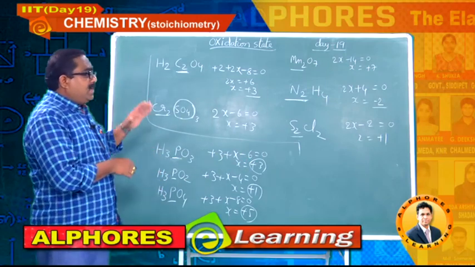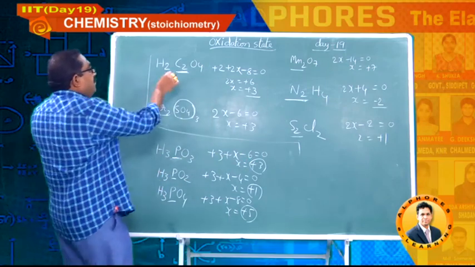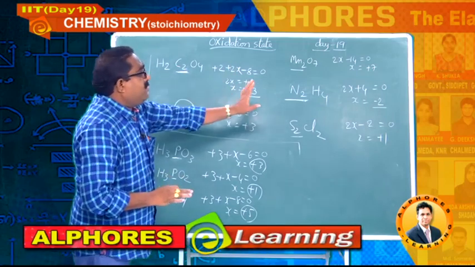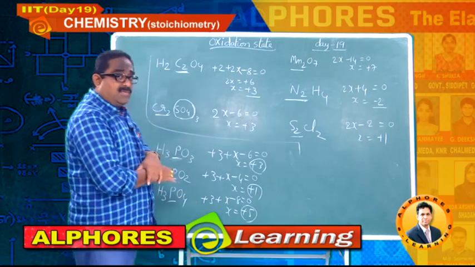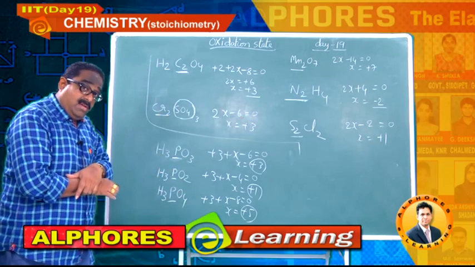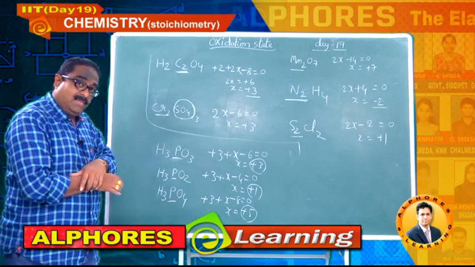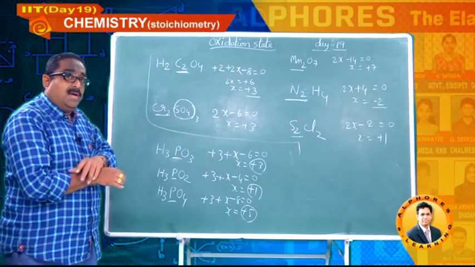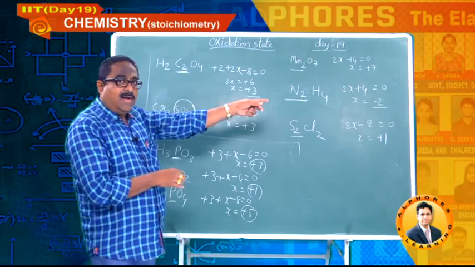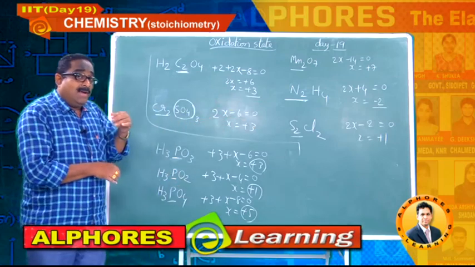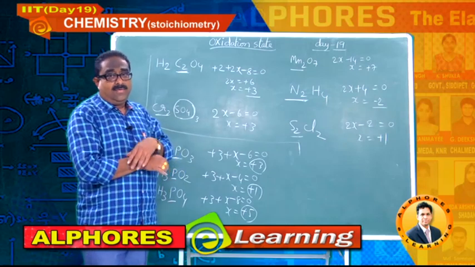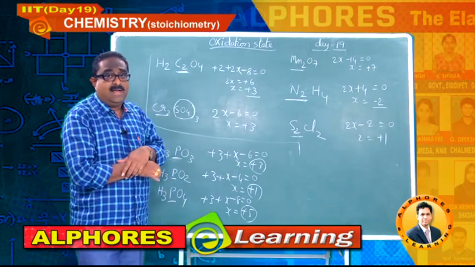As of now, please note it down and fix. For both the carbons it is +3, for both the chromiums +3, for both manganese +1, for both nitrogens -2, for both the sulfurs +1. But I will introduce you to some more compounds in which the same element, the same sulfur within the same compound, exhibits different oxidation states. I will go through those examples in the coming sessions, by next session.